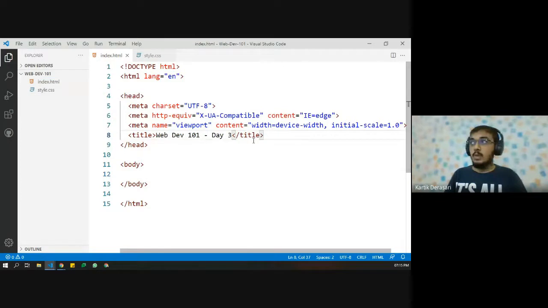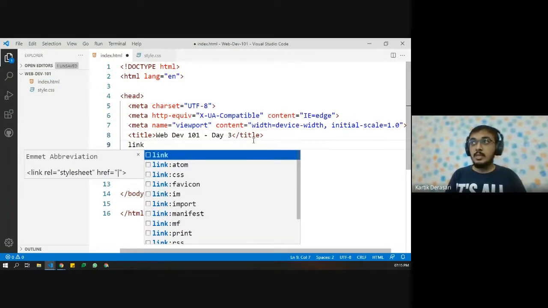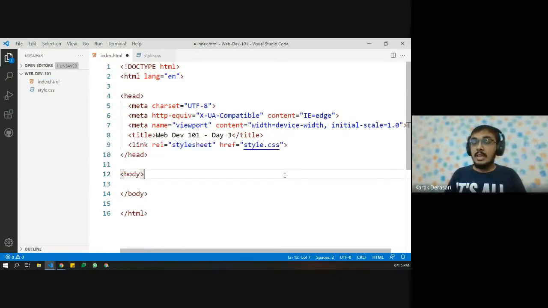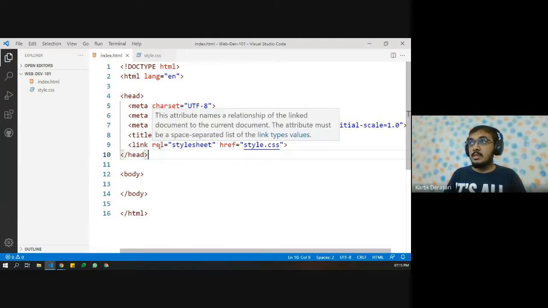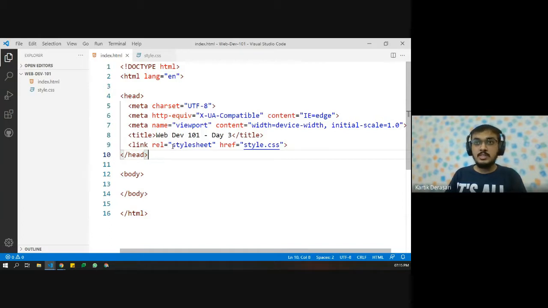So now what we need to do is we need to attach the CSS file inside HTML. So we have linked the external style sheet in our HTML file. We have passed like this is the relationship. So we say that this is a style sheet. This is not JavaScript, or this is not kind of any other thing.